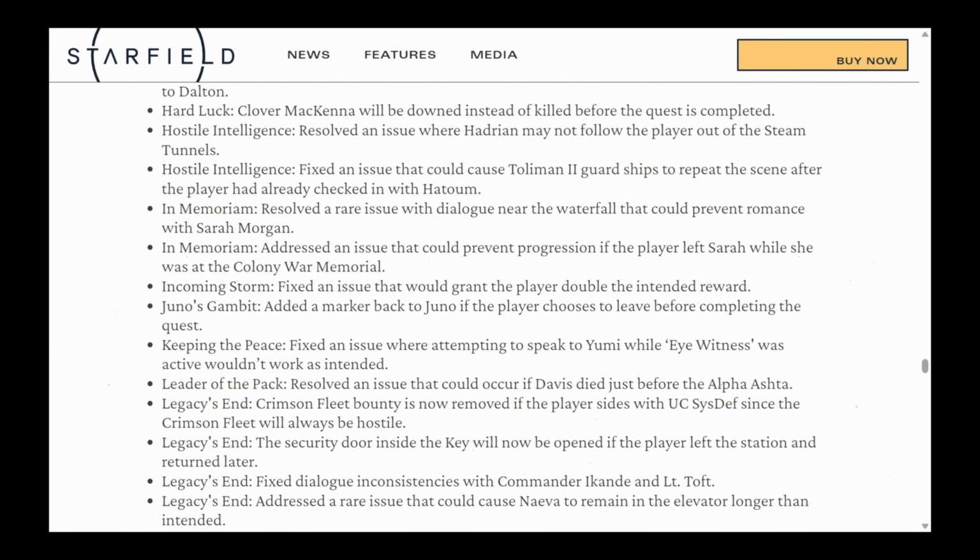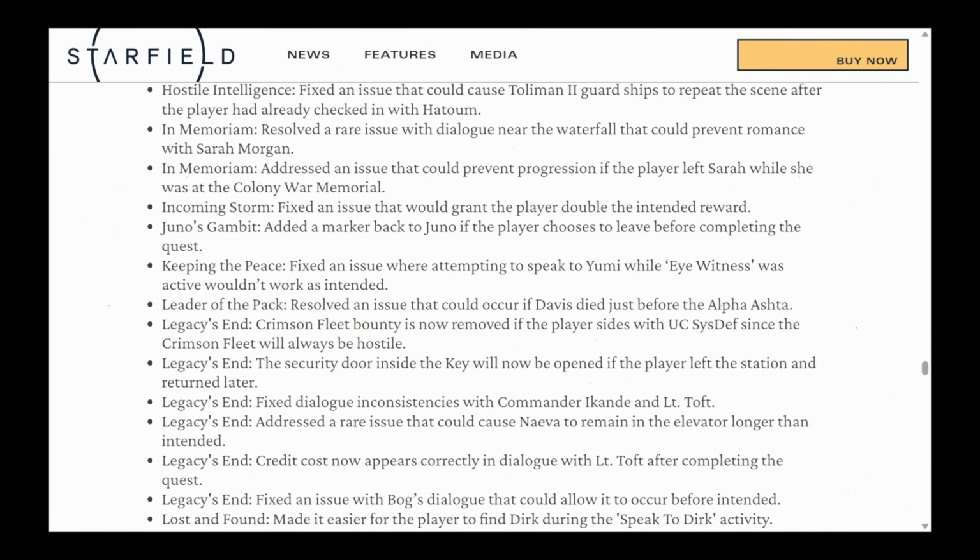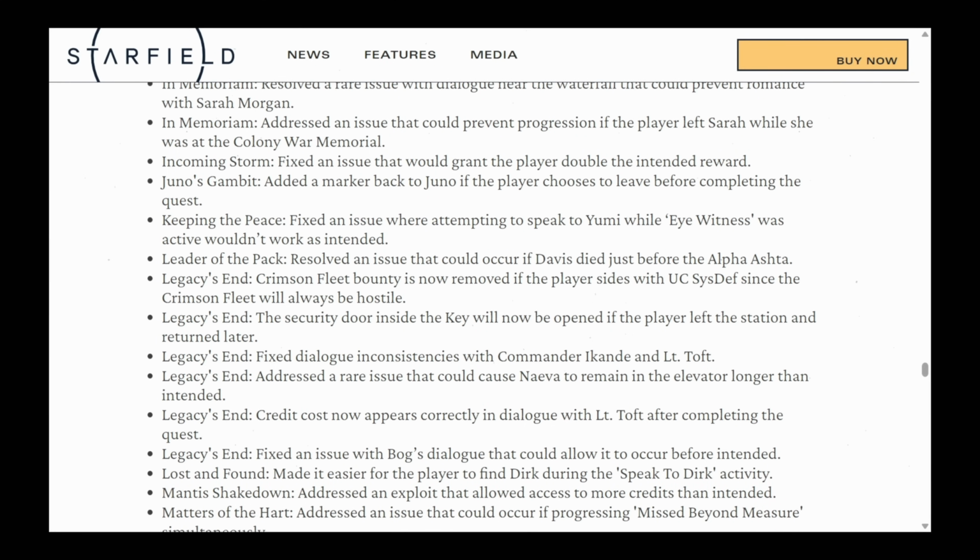Juno's Gambit added a marker back to Juno if the player chooses to leave before completing the quest. Keeping the Peace fixed an issue where attempting to speak to Yumi while Eyewitness was active wouldn't work. Leader of the Pack resolved an issue that could occur if Davis died before the Alpha. Ashta Legacy's End, Crimson Fleet bounty is now removed if the player sides with Sith Den, since the Crimson Fleet